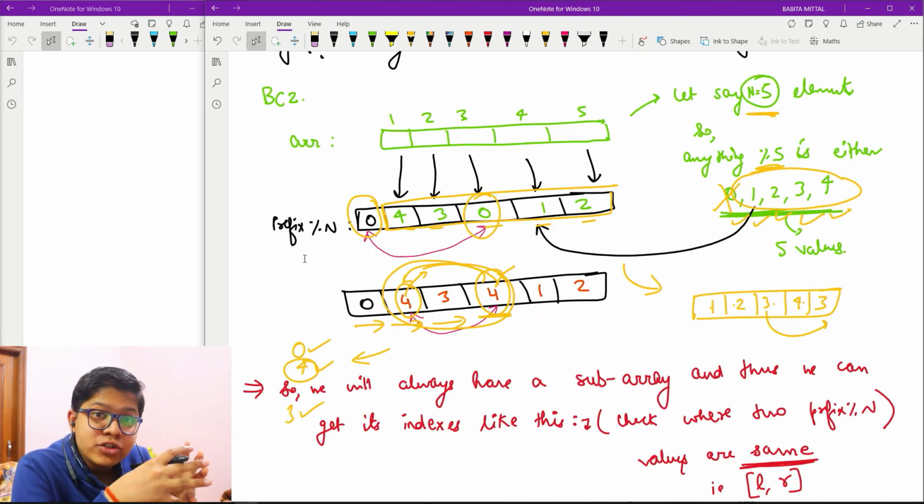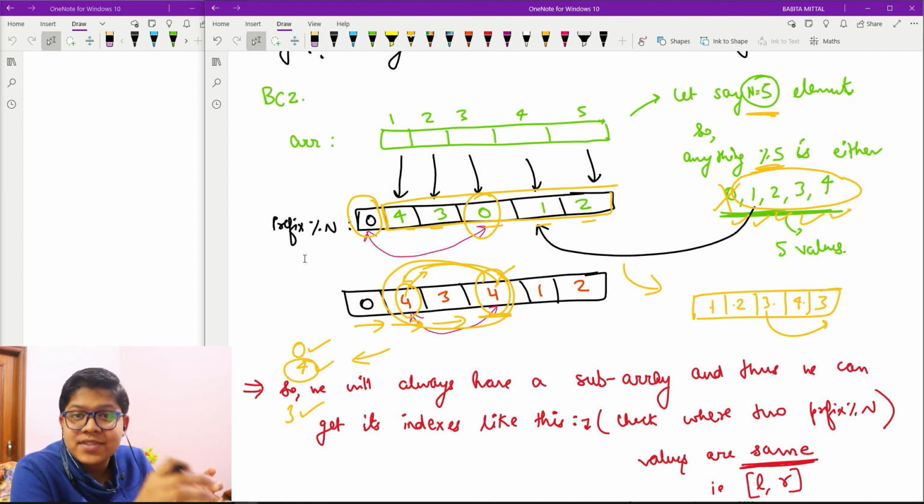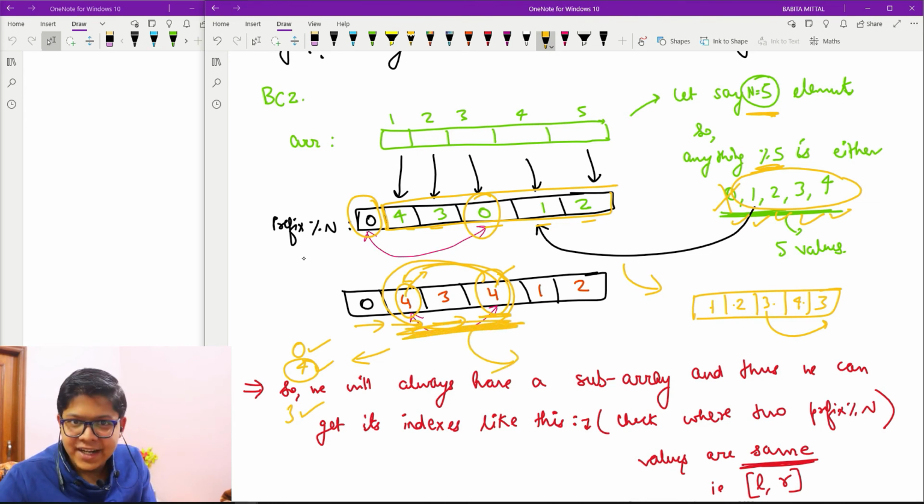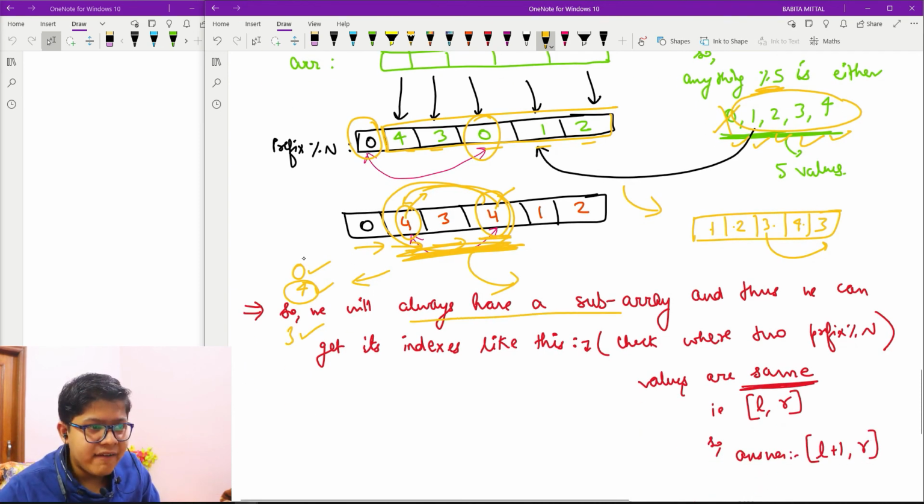As I also said, we thought of using a subarray rather than a subset. That is the reason why, because you will always be able to find a subarray, and if I am able to find a subarray, my answer is also true for a subset. So it is fine that we will have a subarray and thus we can find the indexes.